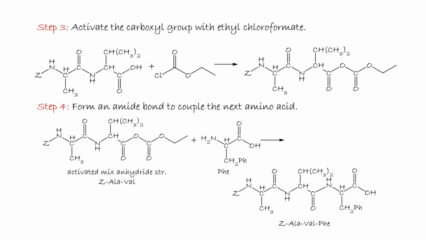This protected species is then treated with ethyl chloroformate to activate the C-terminus of the dipeptide and form the mixed anhydride again. The activated mixed anhydride reacts with phenylalanine to form the protected tripeptide. So this lone pair will attack on this